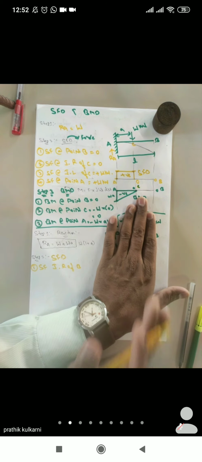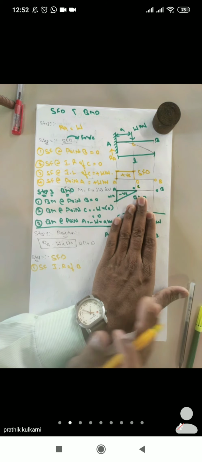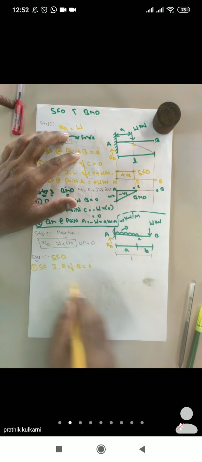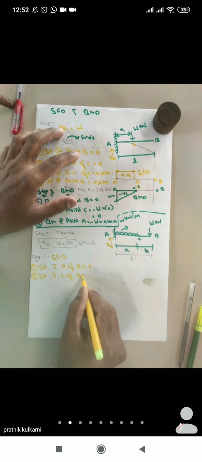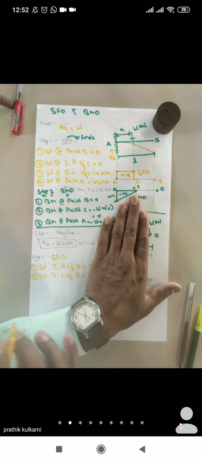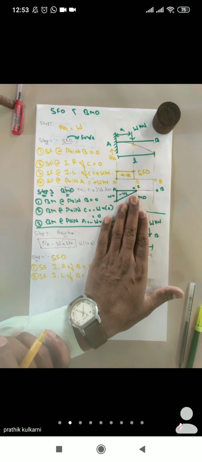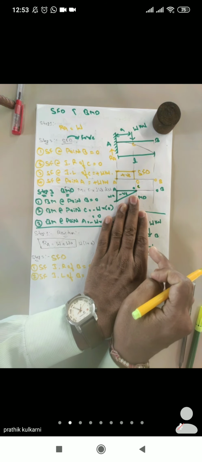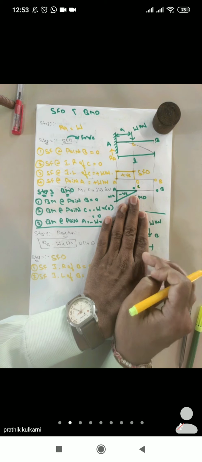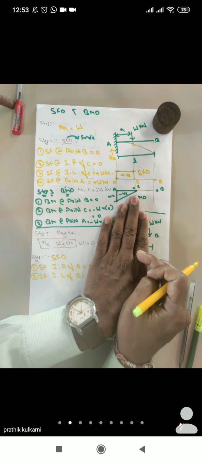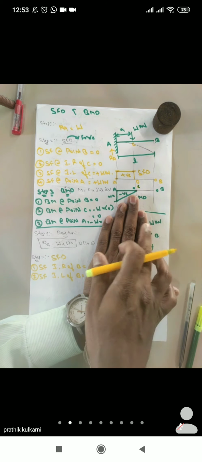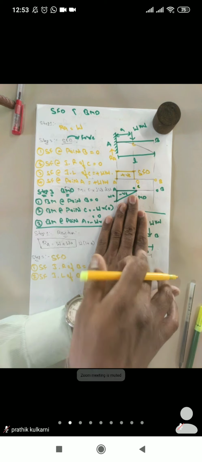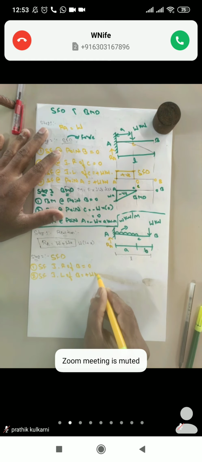Now is any force visible to you? No, there is no force visible. Then I can write the answer as 0. Now the second one, shear force just left of B. So just left I have kept. Now I think the loading W kilonewton is visible to you. Now the sign convention for shear force is clockwise as positive, anti-clockwise as negative. Is it going in the clockwise or anti-clockwise direction? It is going in the clockwise direction. Then I can write plus W kilonewton.